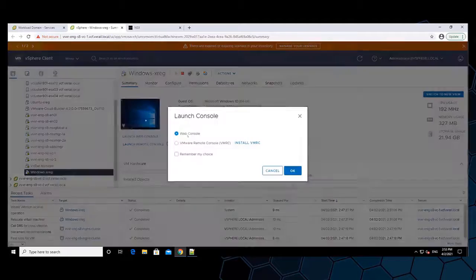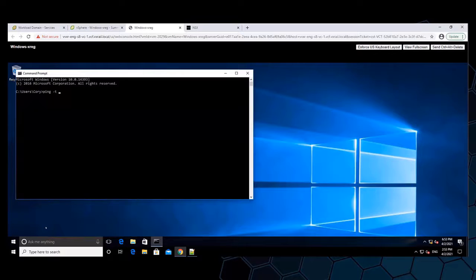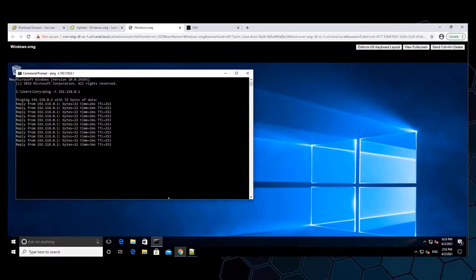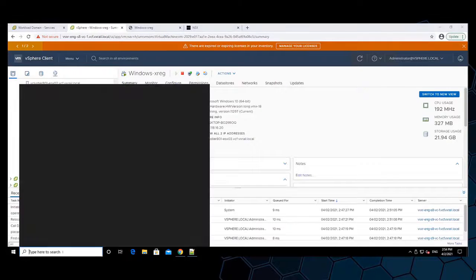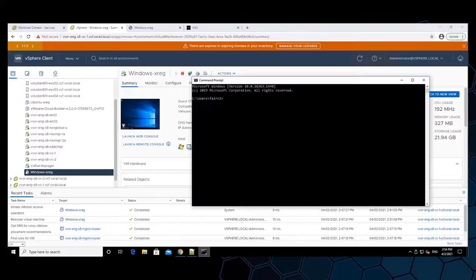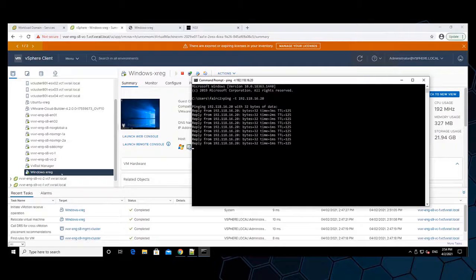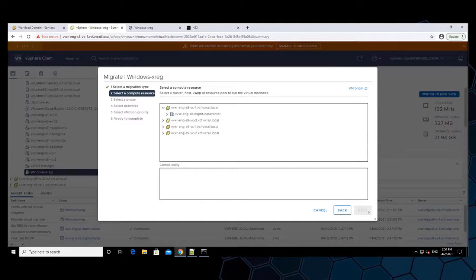What we're going to do is start a ping from the Windows box out to the management gateway for the entire environment, which means it has to traverse the tier 1 network, the tier 0 network, BGP to the TORs, and then over to a physical router's IP address on a different subnet. And we're also going to start a ping from this jump box in the reverse direction back through the management gateway, all the way back up to the 192.118.16 network, which is our cross-region overlay network. So we're pinging in both directions, and we're going to start the cross vCenter,